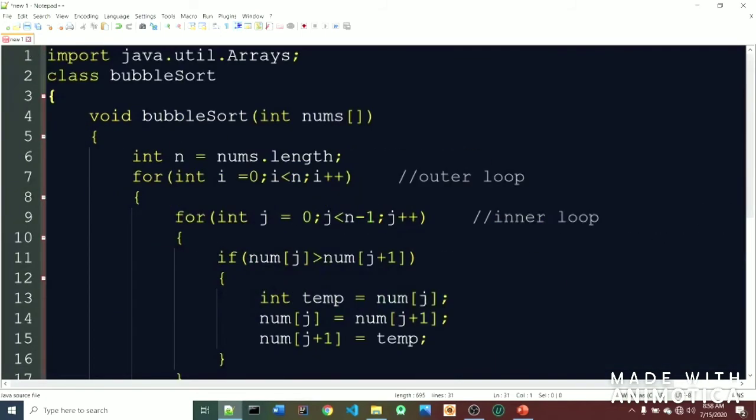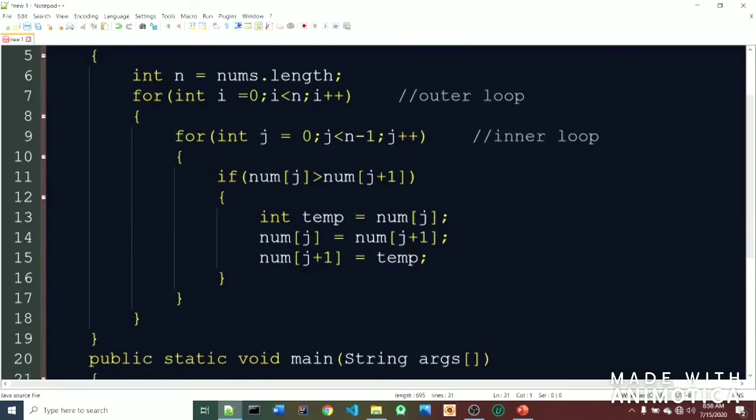So let's check once. Import java.util.Arrays; class BubbleSort; void bubbleSort(int nums[]); int n, in which we are storing the length of the array. For int i equal to 0, i less than n, i plus plus. For int j equal to 0, j less than n minus 1, j plus plus.